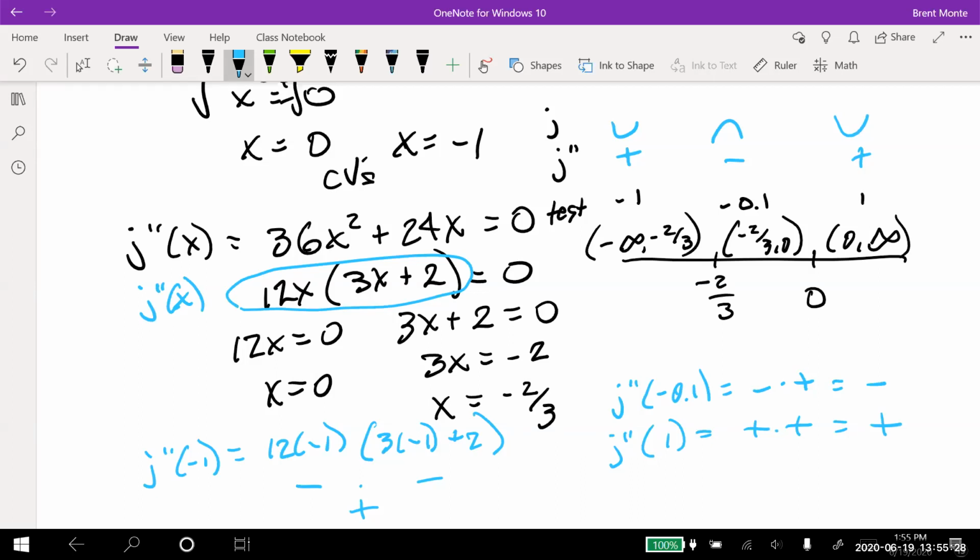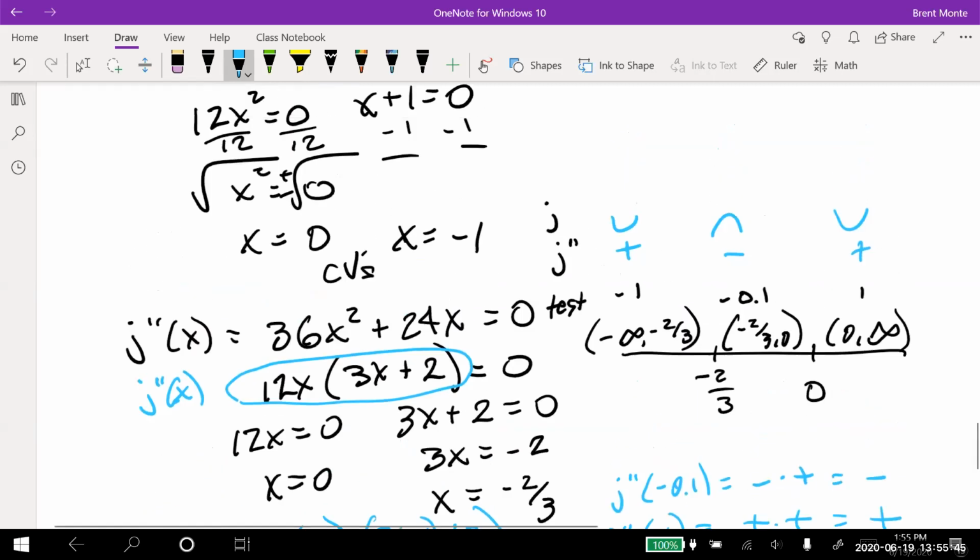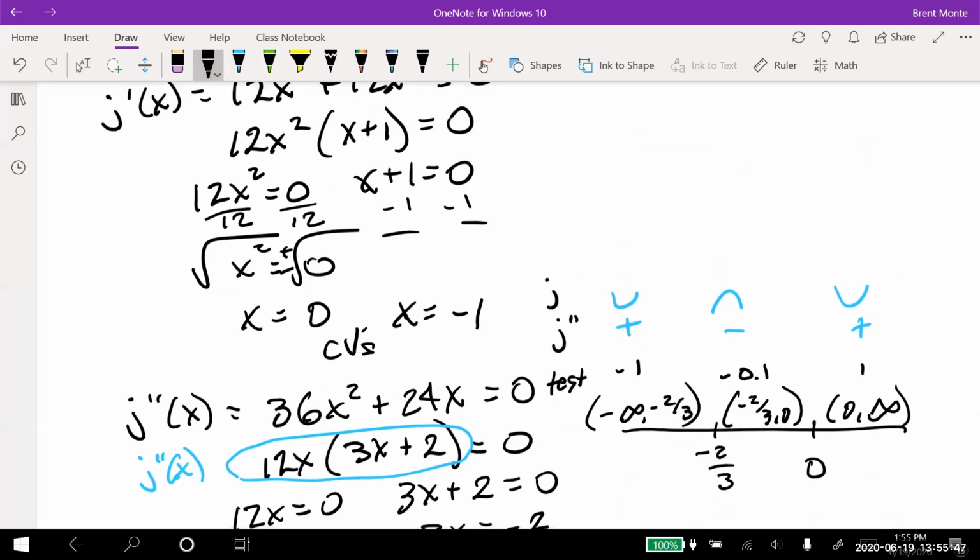But I can do that in my head if I look at where it's factored. You can always go back to where it's not factored and plug it in and actually use your calculator and see if it's positive or negative. But I find, if it's factorable, to do it there and just look at the signs. So I don't care about the number, I just care if it's positive or negative. And so I can answer my question right there for concavity. I'm going to slide it up here because I had a little bit of room up here. So let's say